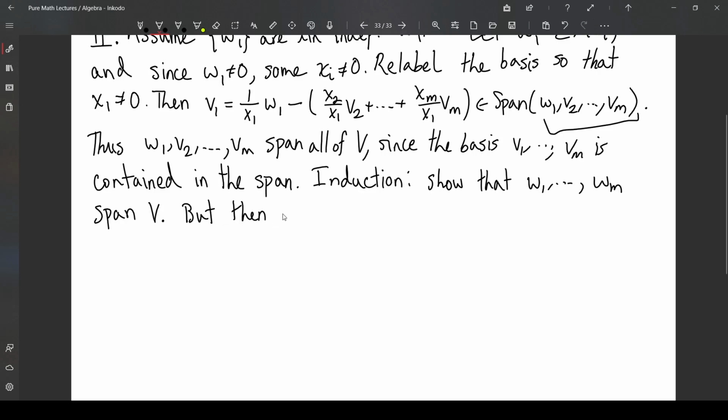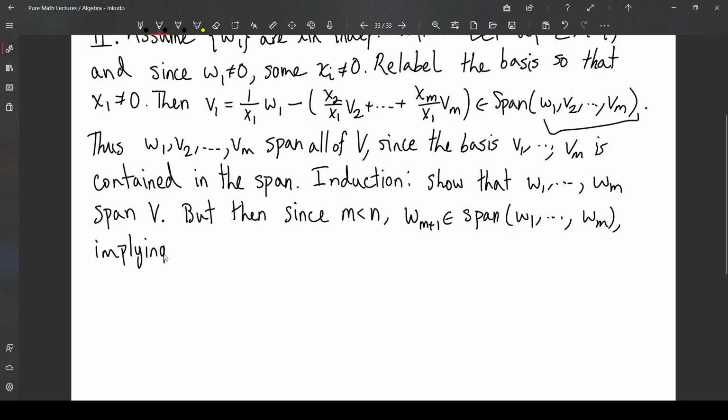Okay, but then, since m was less than n, let's take w sub n plus 1, for example. This must be in the span of w1 through wm, implying that